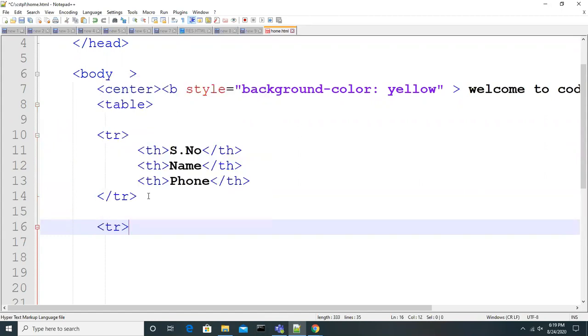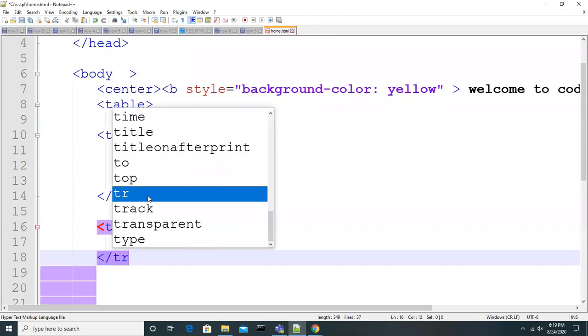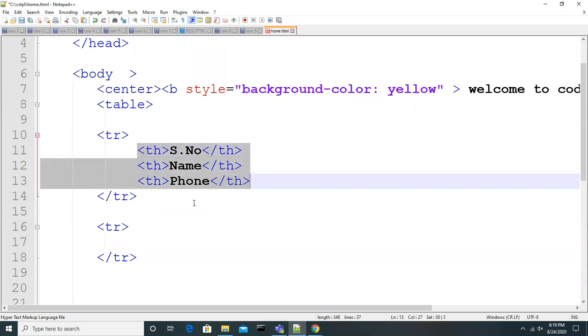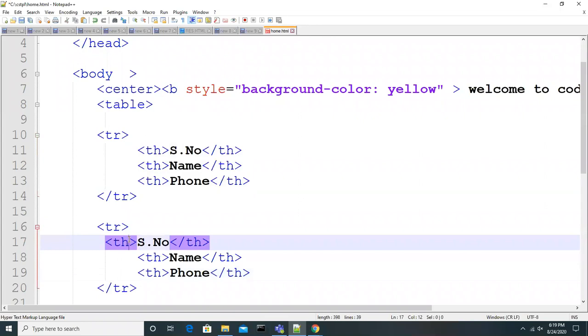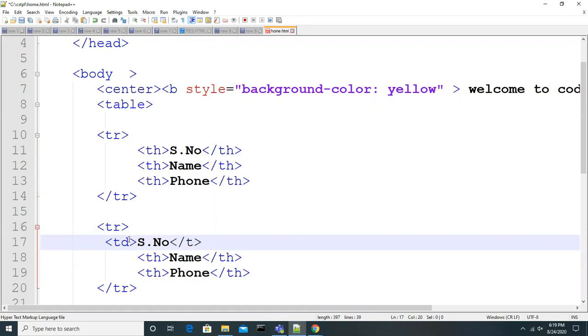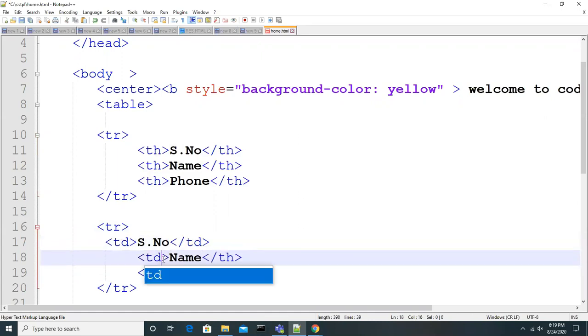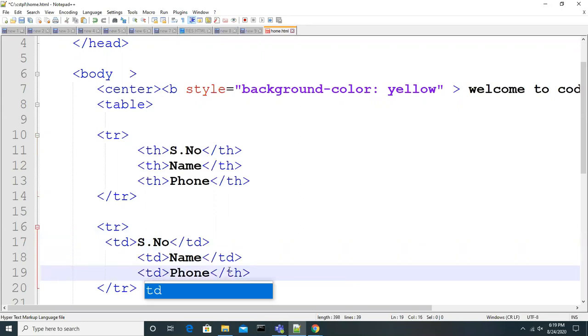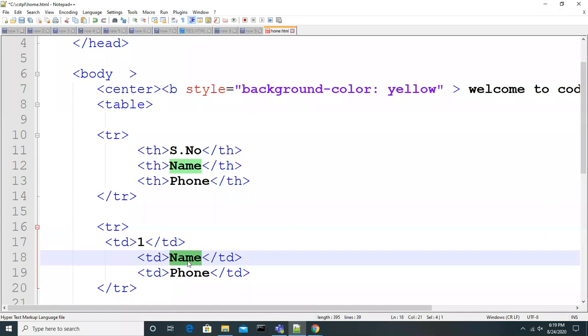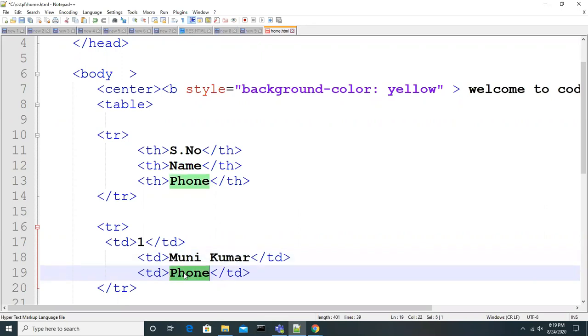I'm going to take another row here. Instead of th, since these are the headers, I will add the td tag, td, td, and td. And the information I keep here: the serial number one, the name is, let's say, Manik Kumar, and this is the phone number.